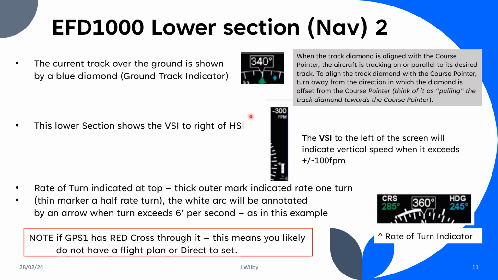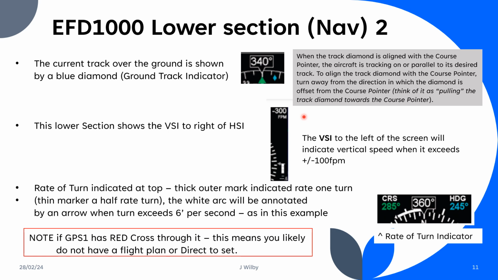That becomes very useful when you're tracking something like a VOR, or you want to accommodate for wind conditions which were different to those predicted on the ground. The lower section of the navigation shows the VSI. It shows a trend vector with white bars up or down when the vertical speed exceeds plus or minus 100 feet per minute. Always at the top is a numerical value,